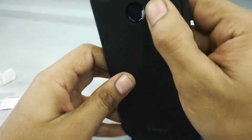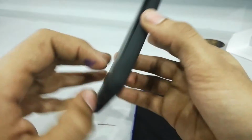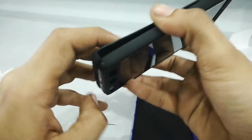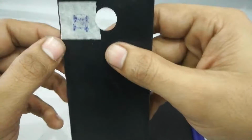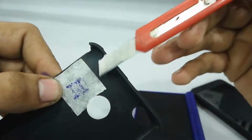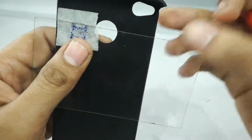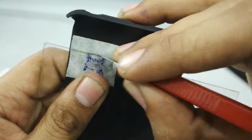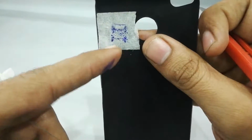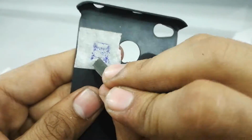Now keep pressing it gently, keep pressing it. Yeah, it will do good. We'll be fine soon. Let's see what we got. Okay, it's good. Yeah, it's a little off the mark, but I think it's good. We can work it out. Now we have to cut the boundary of this marking. Now I'm gonna use the damaged screen guard which I have removed from the screen to mark the boundary of this impression. Very gently. Okay. Now peel off the marked part,